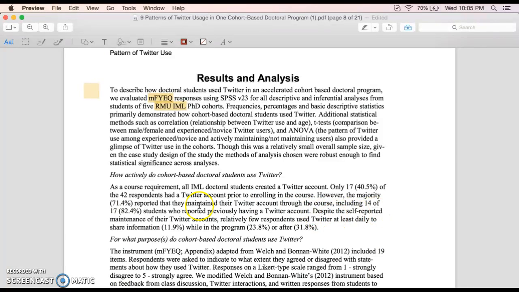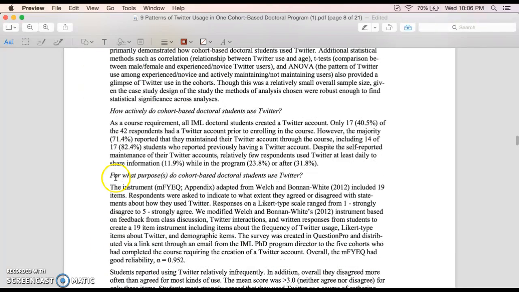Despite the self-reported maintenance of the Twitter accounts, relatively few respondents use Twitter at least daily to share any kind of information while they were in the program. Furthermore, they talk a little bit about their next question that they had in the study, and for what purposes do they use Twitter. So they actually had an instrument that they created that they adapted from a previous instrument,